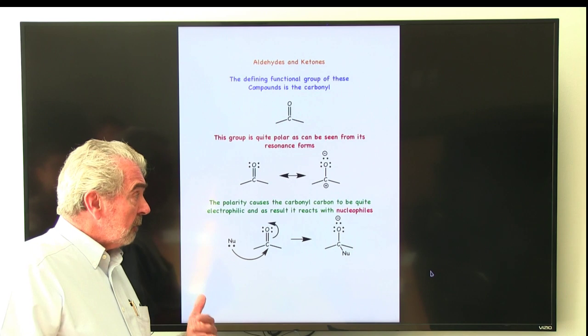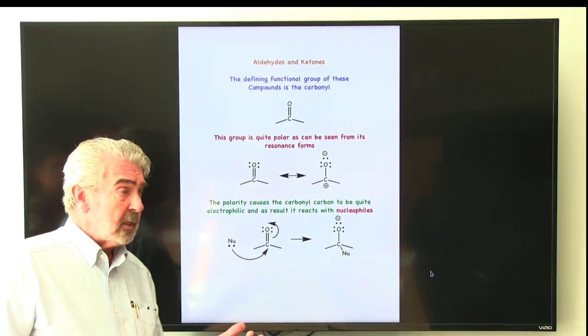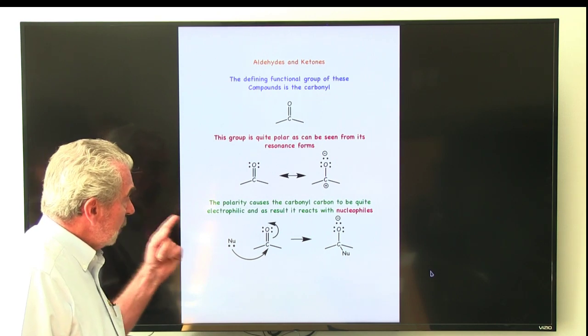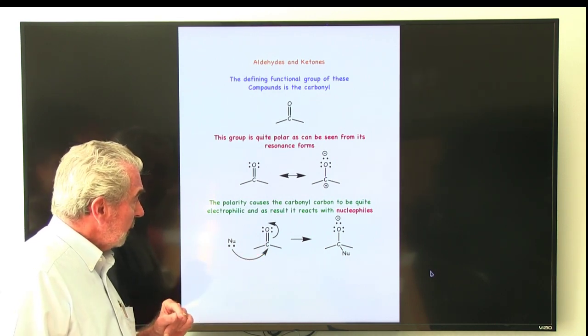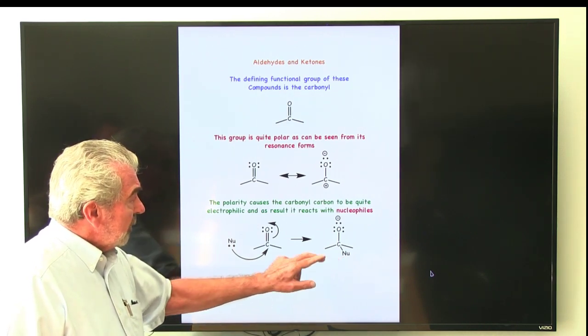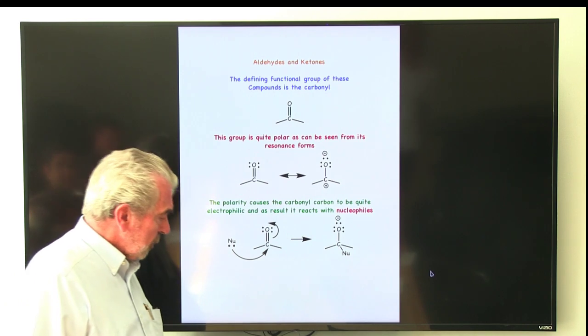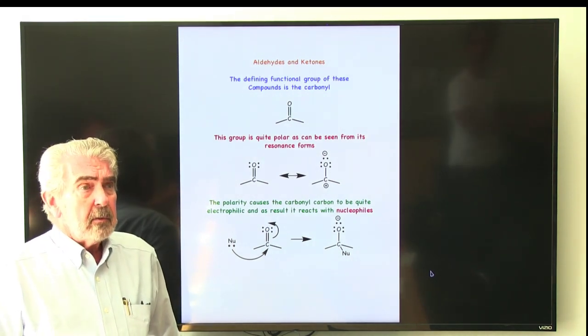And that's the basis of most of the reactions that we're going to see with aldehydes and ketones. You're going to have a nucleophile coming in, hitting this highly electrophilic carbon, and we get this intermediate here. Now this is a very important structure as far as carbonyl chemistry goes. This is what's referred to as the tetrahedral